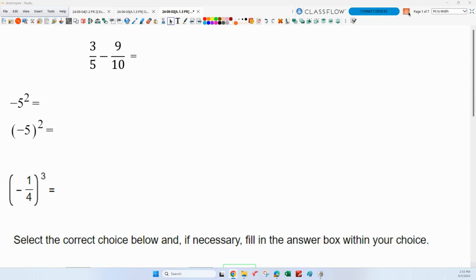What is that though? First of all, what are multiples? Let's make a couple lists of multiples for these denominators. What are the multiples of 5? Okay, now I'll get you started. The first one is 5. What's the next one? 10. Okay, good. So the multiples are 5, 10,